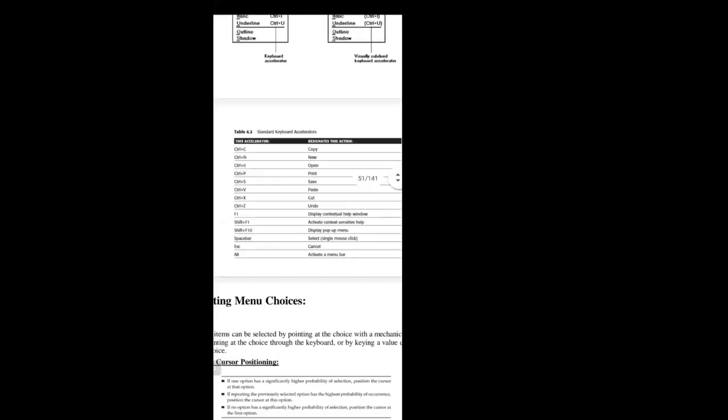So I'll just show you all the keys given here. You have already discussed Control C for copy, Control N for opening a new file, Control O, then Control P for printing, saving, pasting, cutting with Control X. All these things you know. The only thing you may not know is Shift F1 to activate context-sensitive help, that is the help menu.